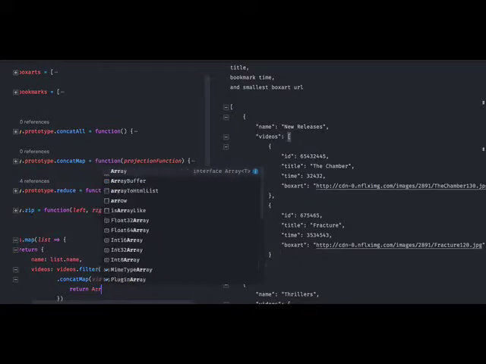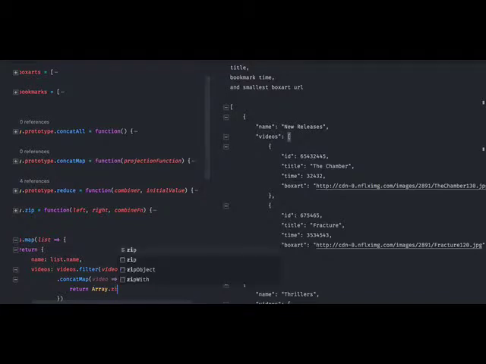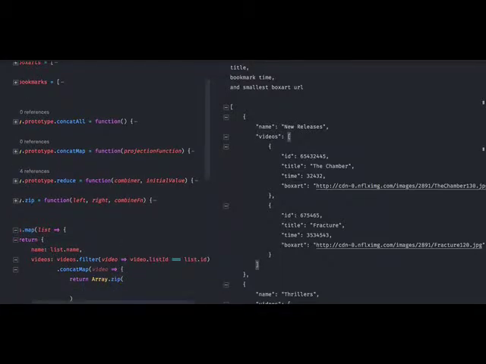And remembering that all this has to happen simultaneously, this is going to allow us to pick the arrays that we need to work with at the same index as the video that we are currently on. So we're going to take this array zip, and first, because we want to get time before box art, the bookmarks will be the left array. And really all we have to do for the bookmarks